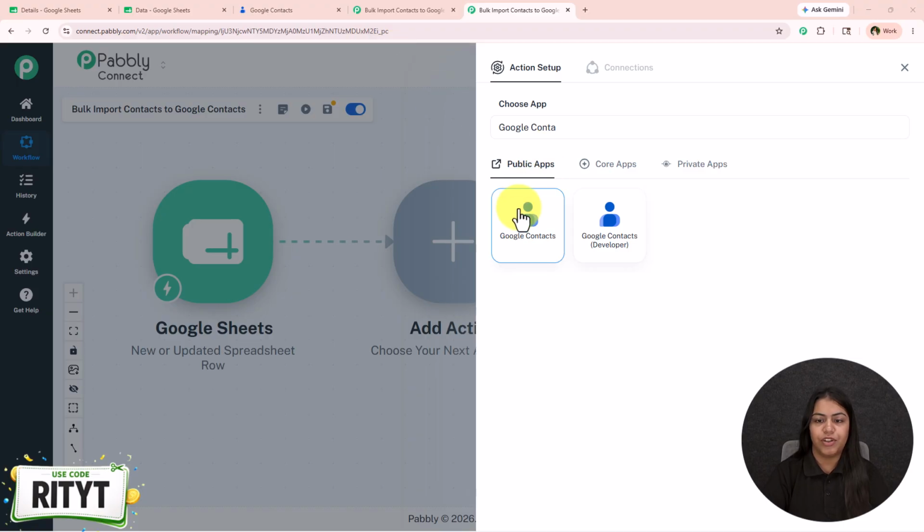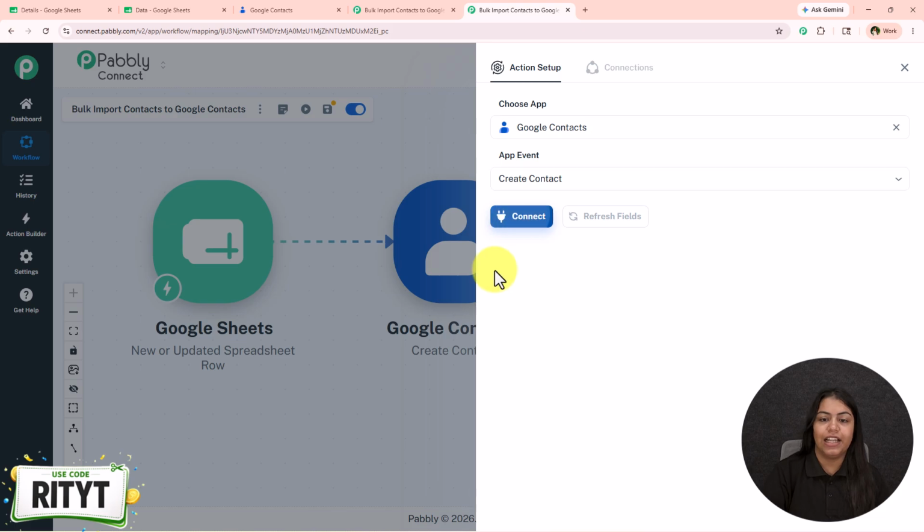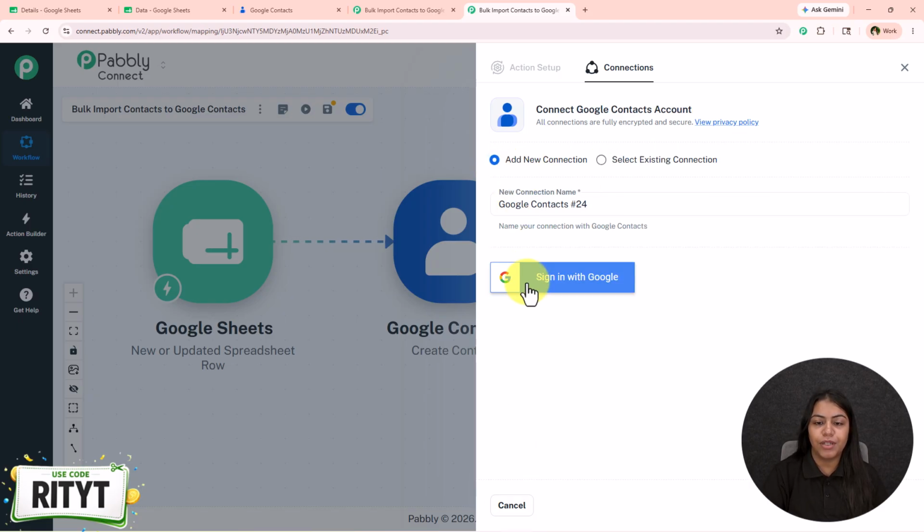I'm just going to search for it and select Google Contacts. For the event, you have to choose it as create contact and click on this connect. Now if you have already created a connection between Google Contacts and Pabbly Connect, then click on this select existing connection and then save. But if you haven't, follow me, click on add a new connection and then sign in